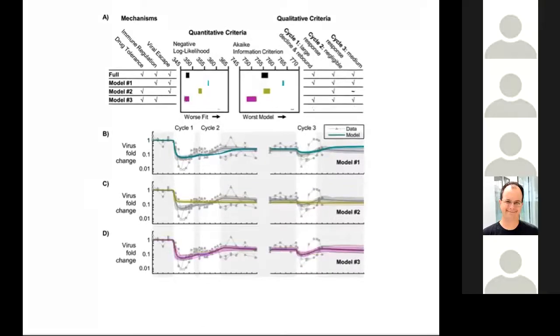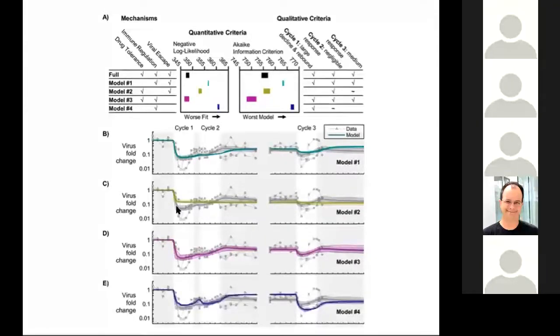And then if we look at the third model that doesn't have viral escape, again, it's able to reproduce the qualitative behaviors, and the quantitative metrics are also quite good. So model 1 and model 3 are both able to capture the key features of the data that we're looking at. And then there's one final model that we did just to see if immune